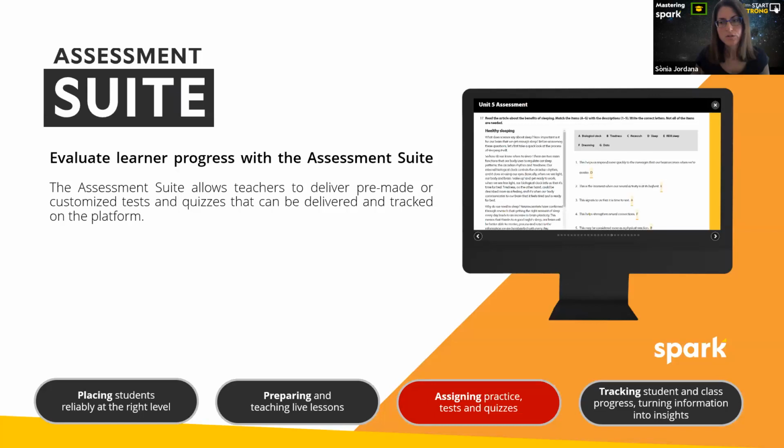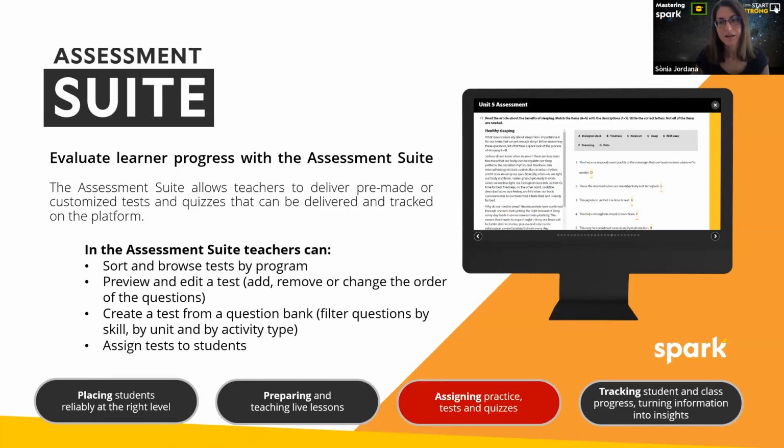The Spark Assessment Suite provides you with the option to browse pre-made tests and assign them to the students or create your own tests from the available question banks, right? As we will see in a minute when we go live, when assigning a test to your students, you need to set the open date and the close date and time, okay? Providing unique instructions if you would like to include additional notes for them to bear in mind before taking the test. And then you can adjust the settings if you wish to allow multiple attempts for the students